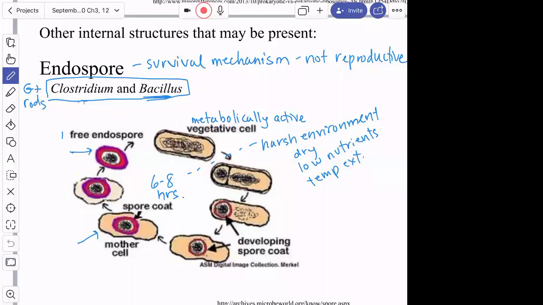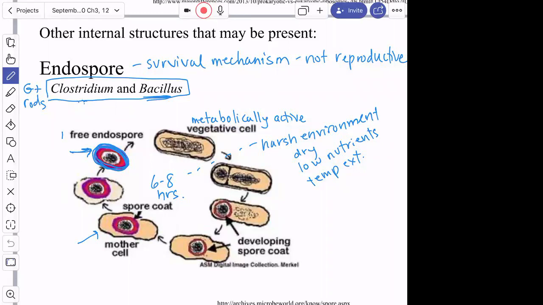Okay, so we think that some of these cells are just normally going through this spore cycle just so that there's some spores in that medium or population of cells all the time. Okay. And this spore coat, we won't really get into talking about why these endospores are so tough, but this spore coat, lots and lots of layers there. The DNA is dehydrated a little bit. These free endospores basically can stay viable